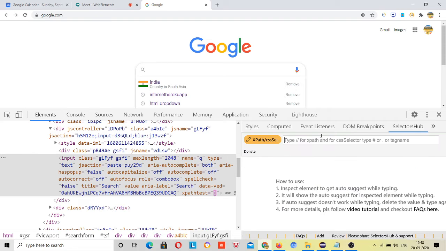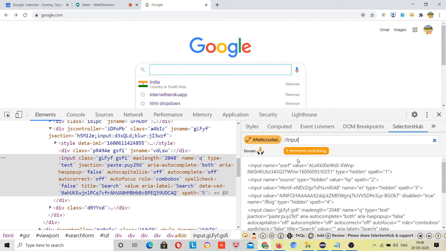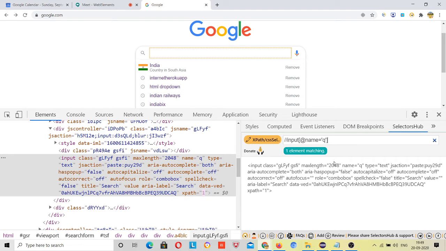I will write xpath for it, double slash tag name is input. So just select this. Nine inputs are present. I don't need to care about that, I have to uniquely locate this, right? At the rate attribute I am using name, and right, one element matching. Now see, it's getting highlighted, so I have uniquely identified it.